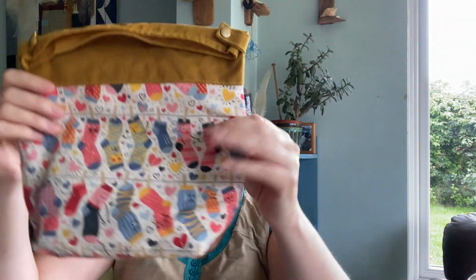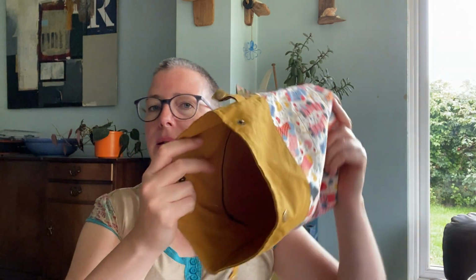It's from So Yarnalicious, and it's got this poppety bit, and then if you fold the top down and clip that in there and clip that down here, that keeps it nicely shut. It's a good spacious bag. It'll hold a big pair of socks, couple of skeins of yarn even. It would be enough for a lightweight summer top or a shawl or something if you've got a few skeins. It's nice and deep,